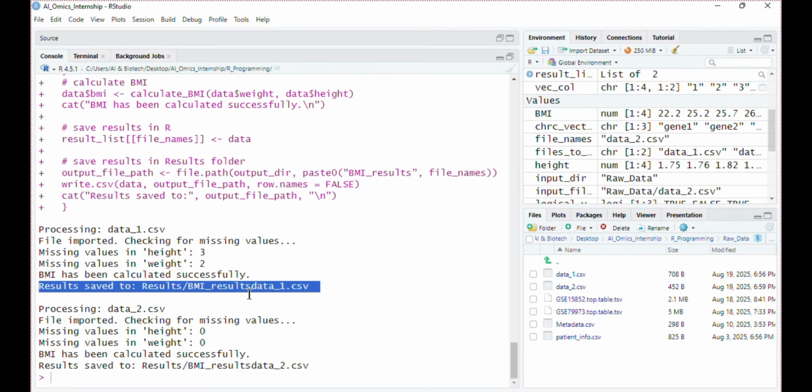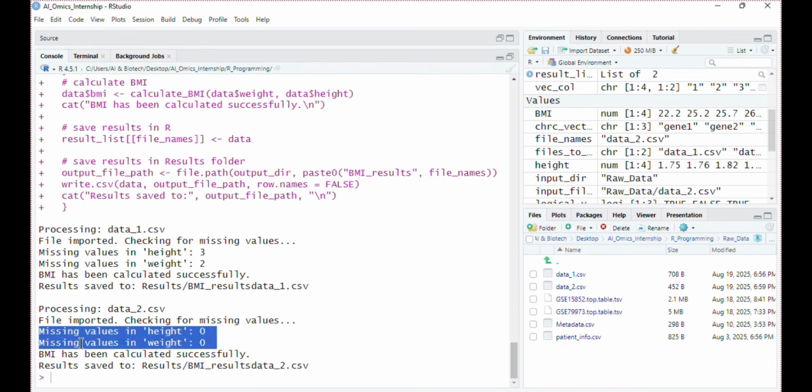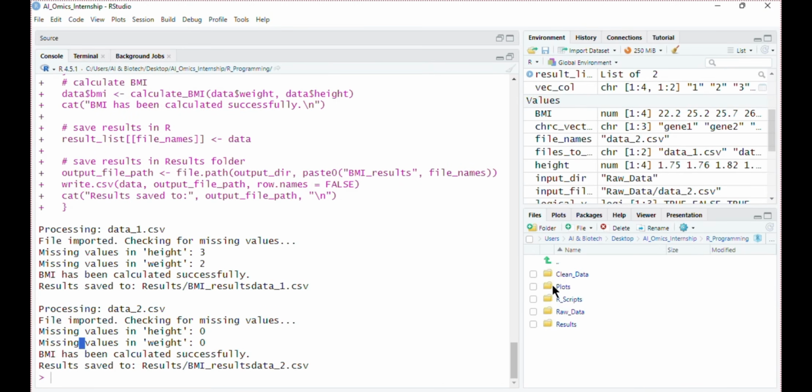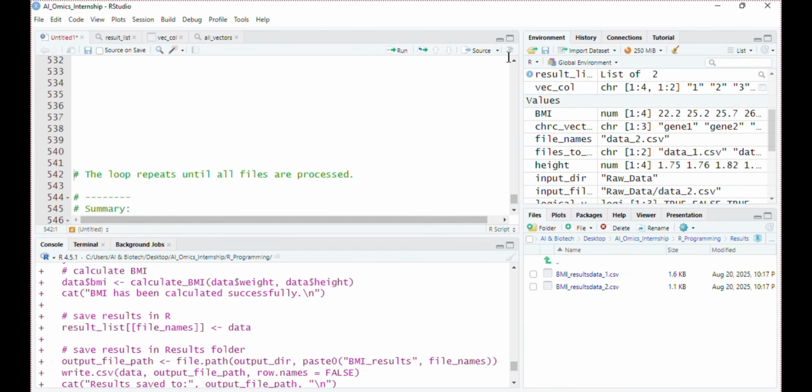We have similar messages for the data 2 CSV file, where we don't have any missing value. So first check, do we have results in our results folder or not? Yes, I have BMI results data 1 and data 2 in my results folder.